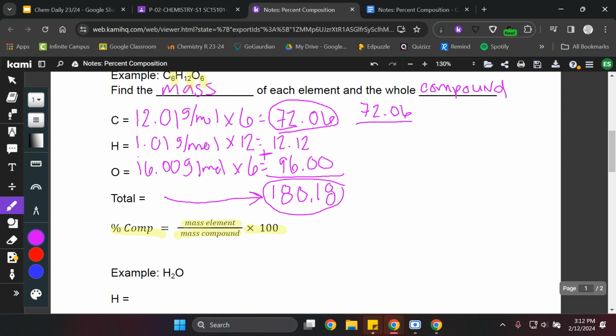72.06 divided by 180.18 times 100. This should give us our percent composition. And if we do that math, 72.06 divided by 180.18, and we multiply that by 100, we should get 40.0%. Let's do that for the other elements as well. Hydrogen is 12.12 divided by 180.18 times 100